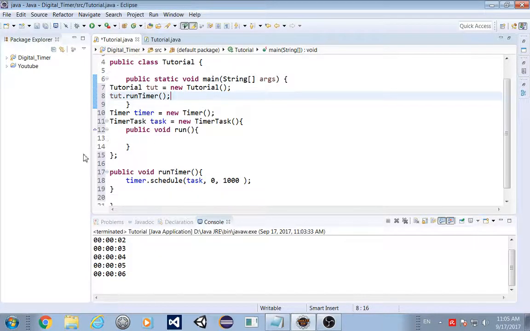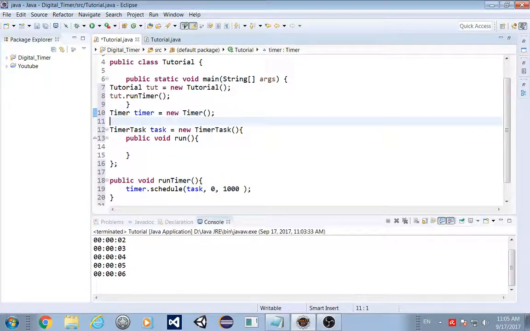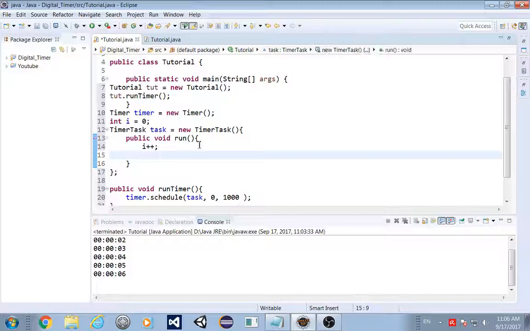Now it's not going to do anything because I didn't put anything here. So I'm going to make a variable for the seconds, int i equals 0, and I'm going to increment that here. So it increments every second, and then print it out.